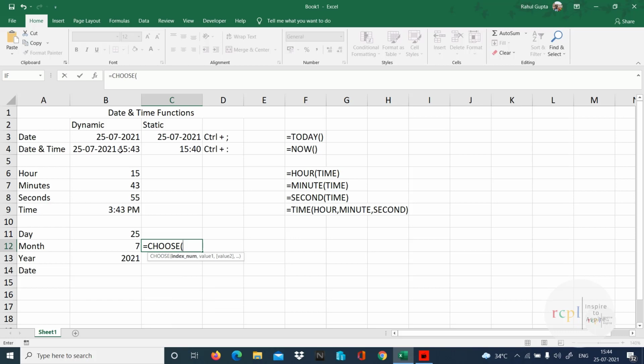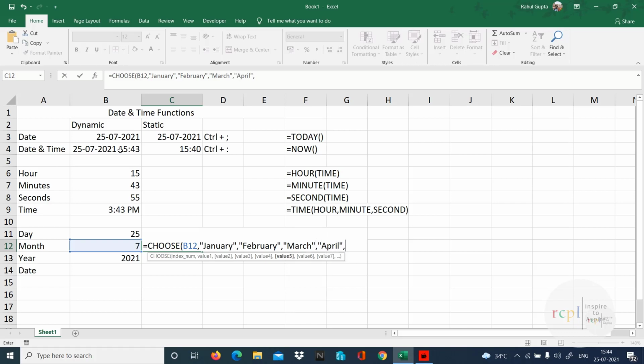Now what choose does, it takes the index value, index number, and on the basis of that, it gives the values. So that's my index number. If it is 1, then give me January. If it is 2, give me February. If it is 3, give me March. If it is 4, give me April.